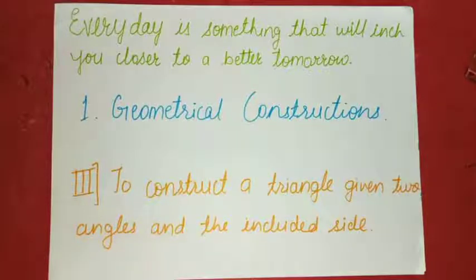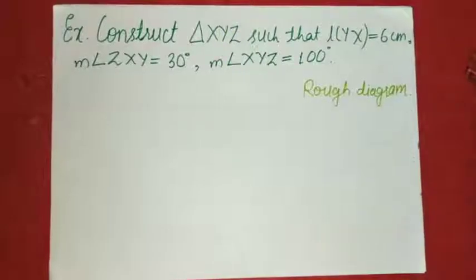Now, let us continue with the first chapter, Geometrical Constructions. So children, get ready with your textbook, notebook and geometry box. I expect everyone has completed their copies till the second type of construction of triangle. Now, today we are going to start with the construction of a triangle when two angles and the included side are given. Children, you all have to do construction using a sharp pointed pencil.